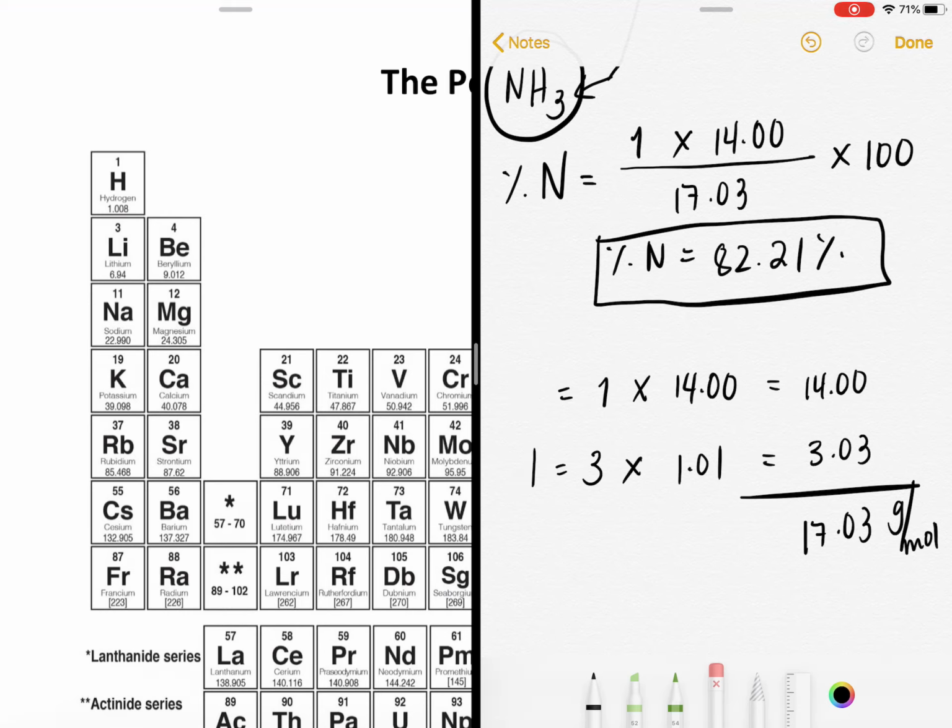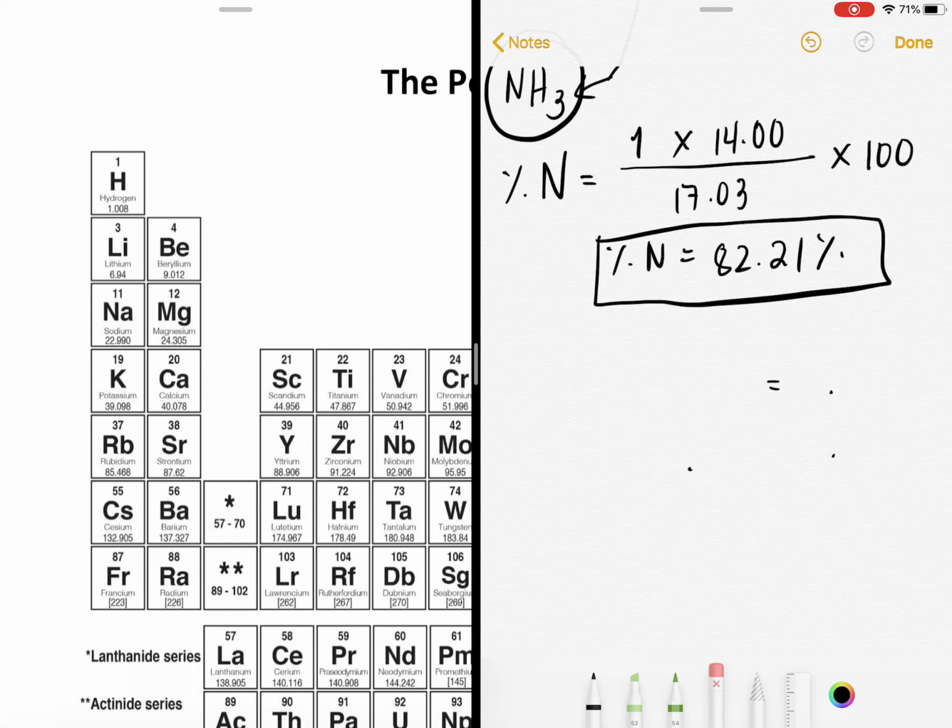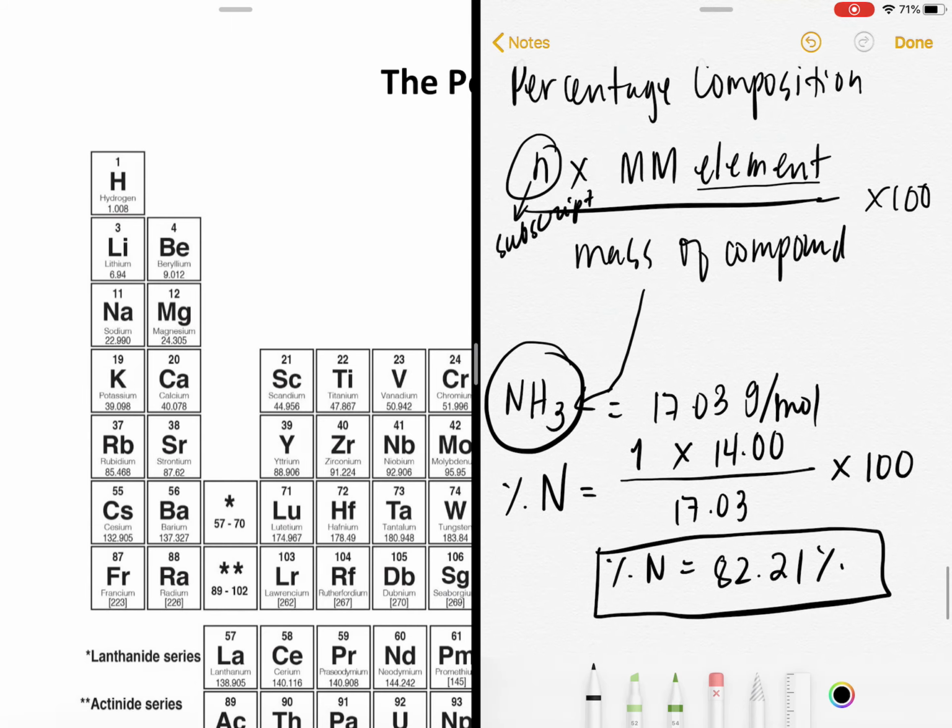Okay? Burahin ko na ito. Dito natin sa baba ilagay yung percent hydrogen. So, yung calculated molar mass ng ammonia is what? It is 17.03 gram per mole. So, tapos na ba yung calculation? Hindi pa. Kasi yung sa nitrogen pa lang yung nakukuha mo. Hindi mo pa nakukuha yung sa isang element, si hydrogen. So, what is the percent hydrogen? So, that is equal to